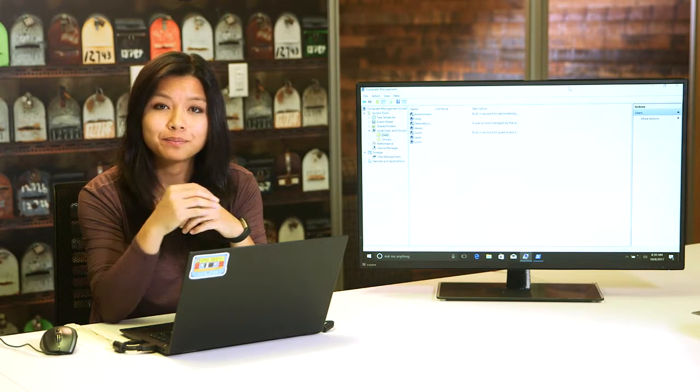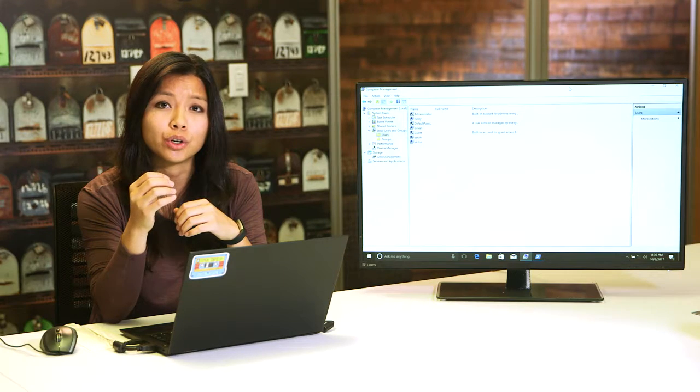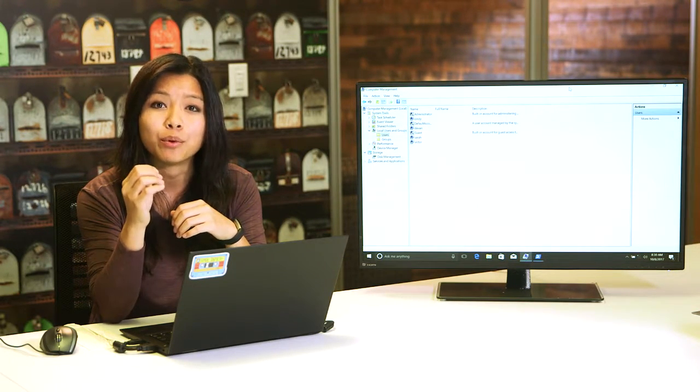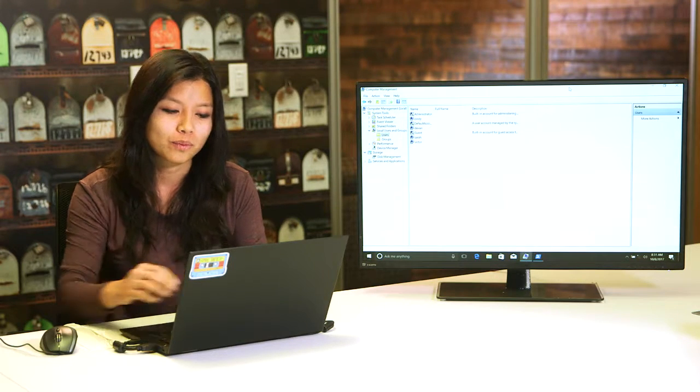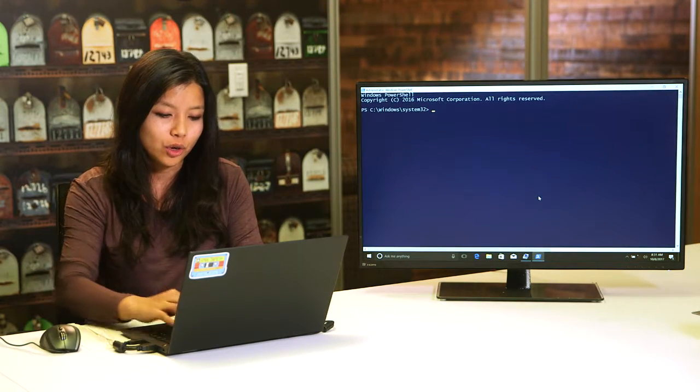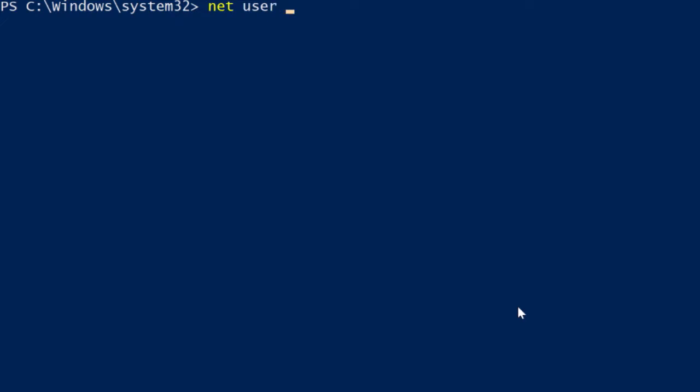Now, back to net. To add a new local user, we simply use the /add parameter. If we add the /add parameter to the same command we used before, it instructs net to create the account. We can still use the asterisk for the password to be prompted to enter a password. Let's test this out and create a new account for Andrea. So net user Andrea * /add.